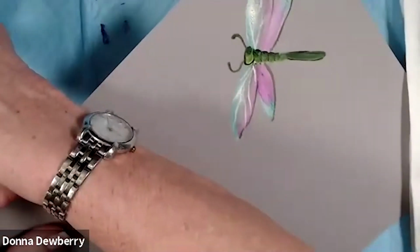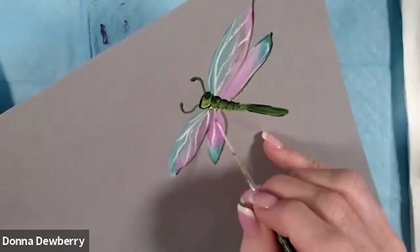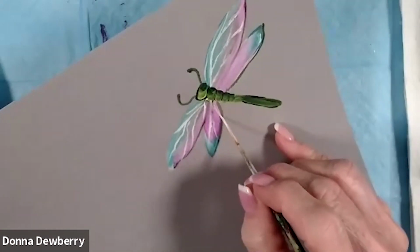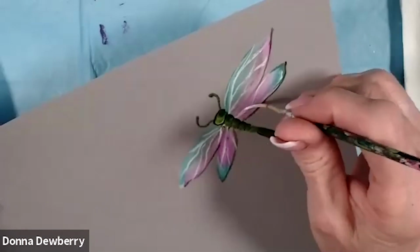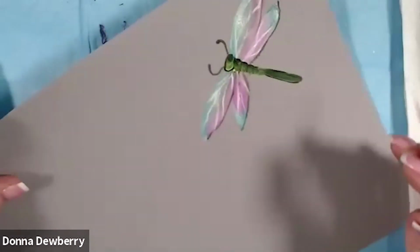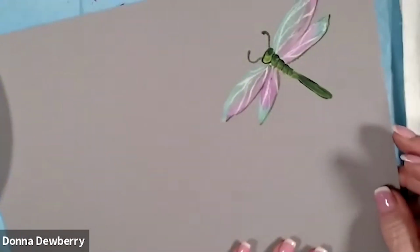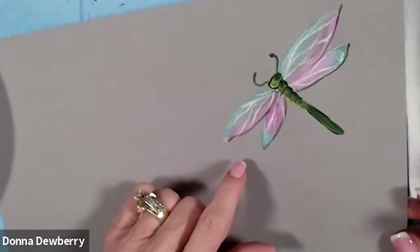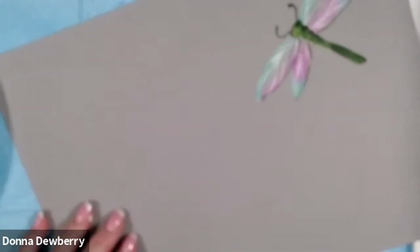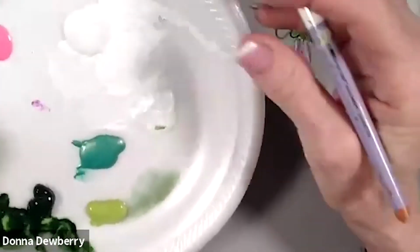All right, so then you see the metallic? Now we do have Dragonfly Sealer. Now Dragonfly, I don't have any here with me, but it's a glitter. So when you put it on it, it changes the colors and it's really, really pretty. All right. So this is metallic because I painted with metallic. So now let me show you. Now sometimes I just do